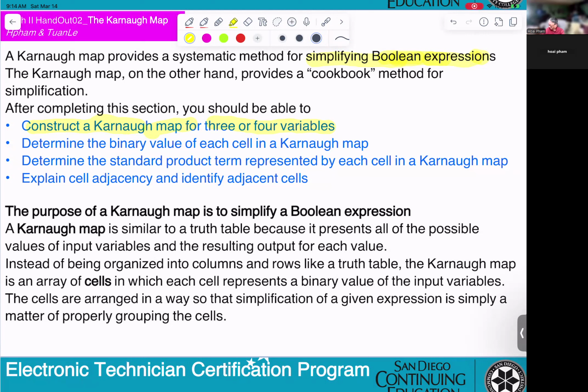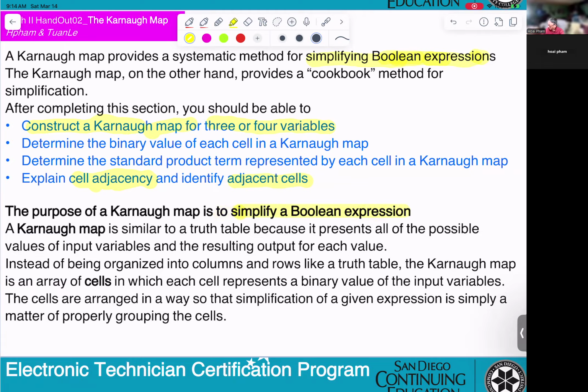Identify the standard product term represented by each cell in the K-map, and each cell adjacent, and identify adjacent cells. The purpose of Karnaugh map is to simplify